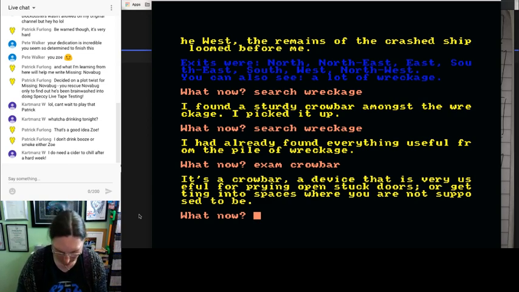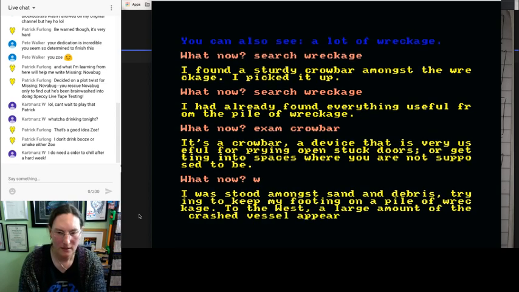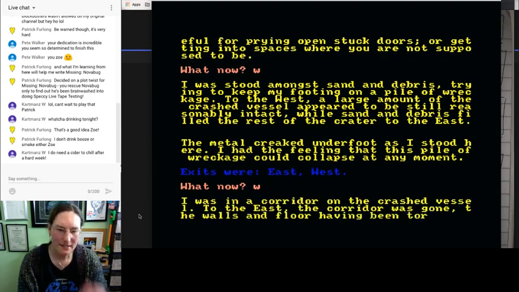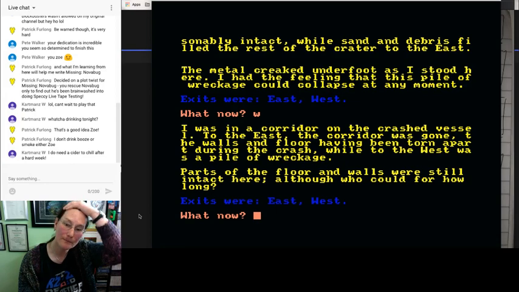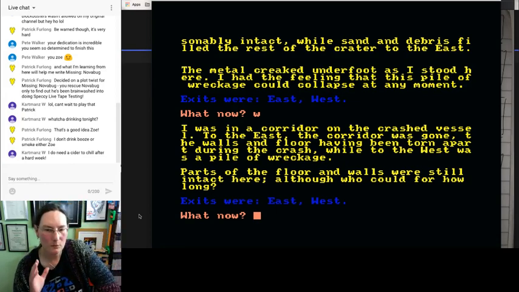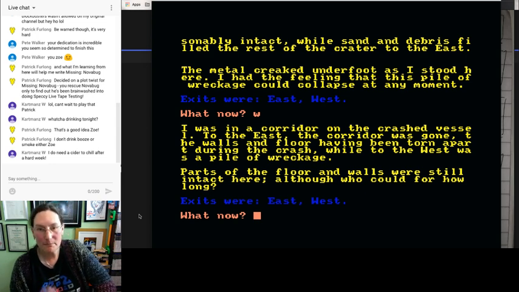So we've got the crowbar, and one thing that we don't have yet is here in the corridor we've got east and west. North and south will also be rooms we can go into later, but at the moment you can't because the doors are blocked. There are doors to the north and south, but